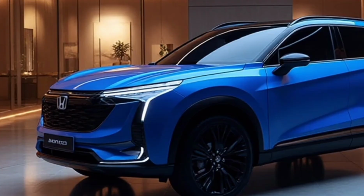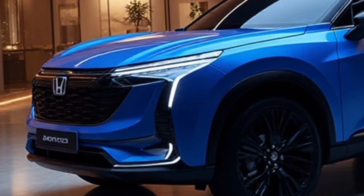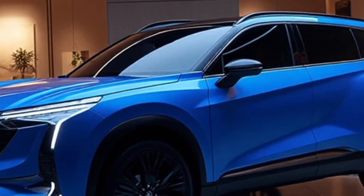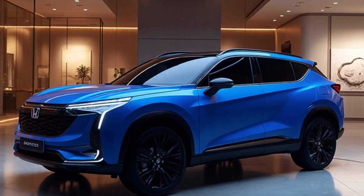As the automotive industry continues to transform, vehicles like the Honda Zero SUV will play a critical role in shaping the expectations of what electric cars can and should be. If Honda delivers on the promises it has showcased with this concept, then the Zero SUV could become a landmark vehicle that redefines Honda's image for